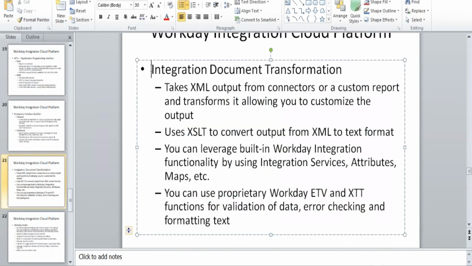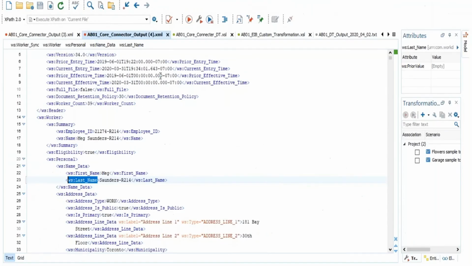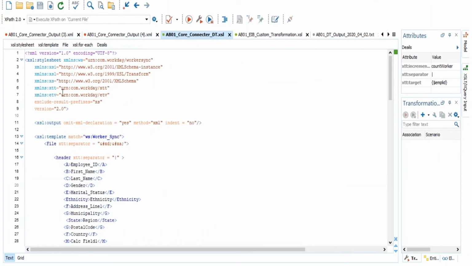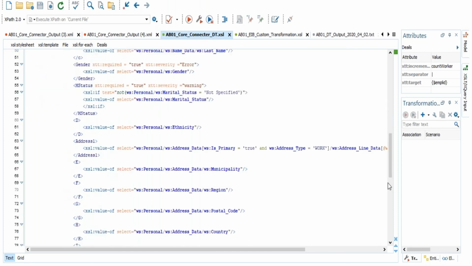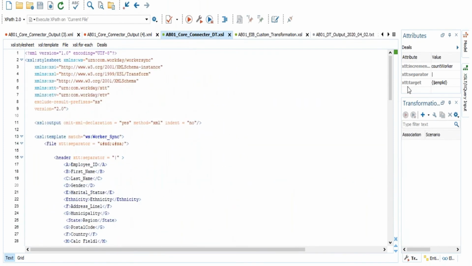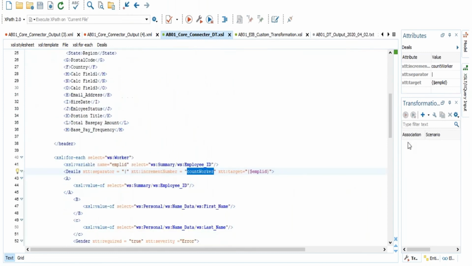The other tool which we will be using is document transformation. It takes an XML output file generated by a custom report and transforms it into a different file format. It can be a CSV file or text file. In document transformation, we use a coding language called XSLT, Extensible Stylesheet Language Transformation. The XSL file looks like it's in XML format only, but this is where we write the code to transform an XML file to a text file, or XML to CSV file, or XML to